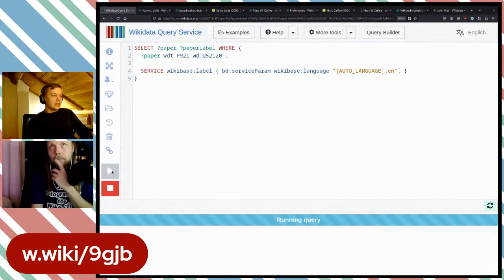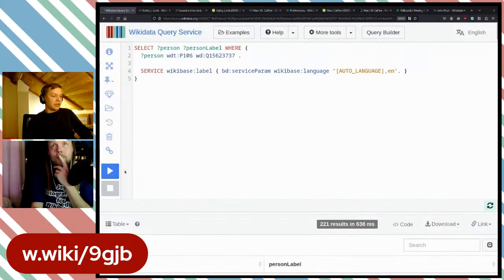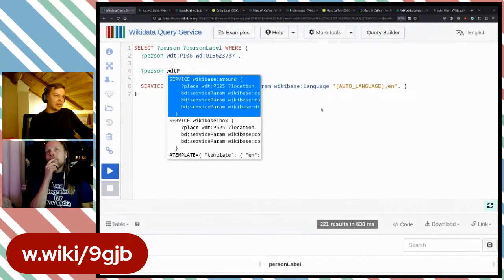Let's see. No, I want the one of people. I think here we go. So here we got people with occupation geologist, but I want to actually visualize this by how many occupation statements each person also has. So I want person and then I just want any occupation. And what I can do then is that I